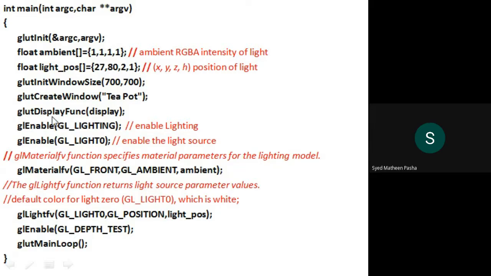Then I'll enable two functions. That is GL enable, that is lighting, as well as the light source. What do these two commands or two lines of code indicate? You are just switching on the light. That is, you are enabling the light function to be on. Then what does this light 0 tell us? This basically indicates the light source. That is, you are enabling the light source. So these are the callback functions which are being called in the main program.